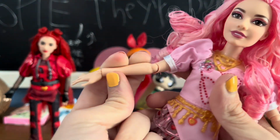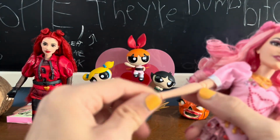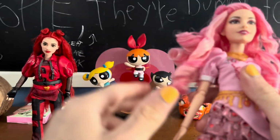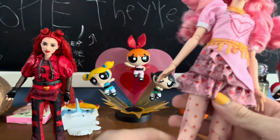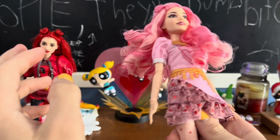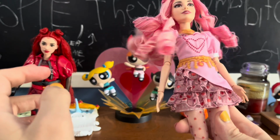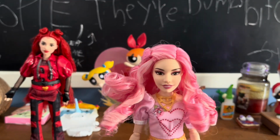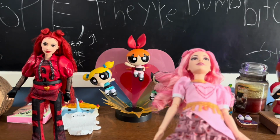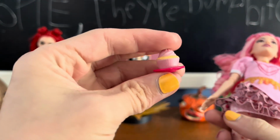This is very much like a Barbie arm joint from what I'm seeing, because I have the Barbie extra doll. I turned into a live-action Laguna, so I recognize that as a Barbie joint. I don't know if this is a Barbie body, but the Barbie heads out there who've gotten these dolls said that it isn't a Barbie body. I don't know. But yeah, she also comes with her flamingo cupcake, which is a big part of the movie,